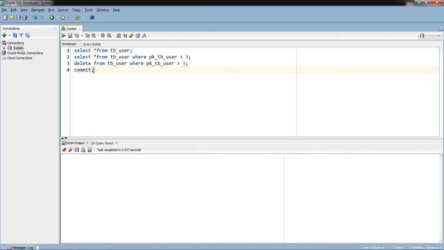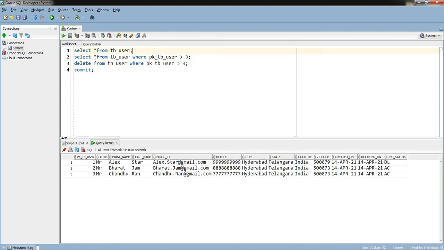If you want, I can disconnect and try to reconnect, so that we can make sure that the rows are deleted permanently, right? If we close the connection, means if any new connection is made and we run a query, it should come from the server itself. It won't be cached in any client or something, right? So that way we can be sure that data is deleted. Right now I will try to fetch again. So I can't get any data greater than 3.